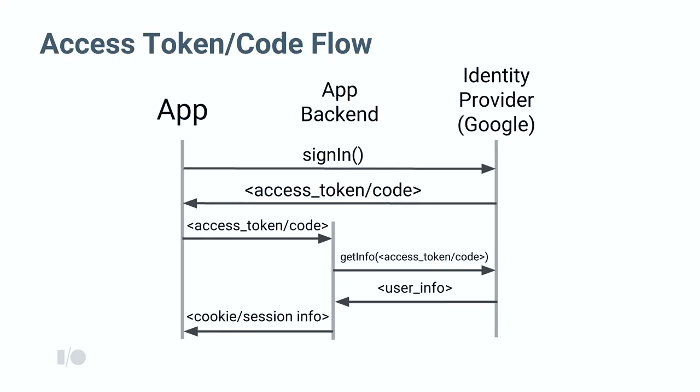To illustrate how this helps simplify the sign-in process for your site, let's talk about the old flow. And this is the old flow, wherein you call the sign-in API, and in response, you'll get an access token or a code, either of which you'll end up having to send to your app backend. If it's a code, you add even more complexity exchanging it for an access token. But in either case, you have an app backend that then needs to make a get info call or a user info call to the identity provider's backend to actually get the user information that you translate into an account record. Now, it is important to note that this is a live call that happens while the user is signing in, so it adds latency. A bunch of things can go wrong. And it's actually not standardized either over identity providers.